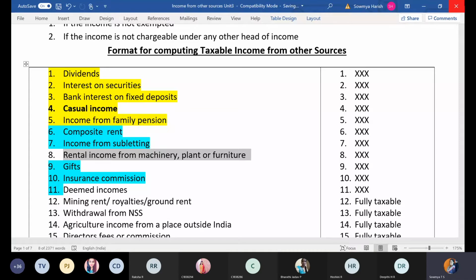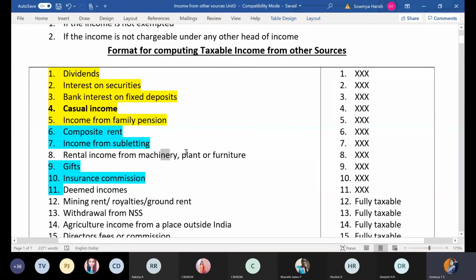See, sometimes not only the house you will rent, if you have machinery or any plant or furniture, you might rent it. So when you rent it, you will be receiving the rent, and that is again an income. Whenever there is an income, the income tax rules will be applicable on that. So how do we treat this income? We'll have to bring this income, whatever rent you receive from any of these three, under the head income from other sources. But for earning this income, you might be incurring expenses. So such expenses should be deducted.